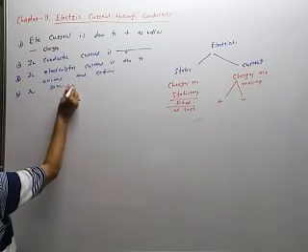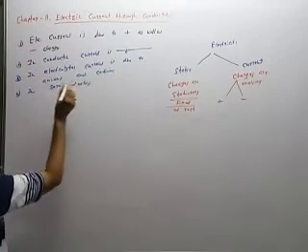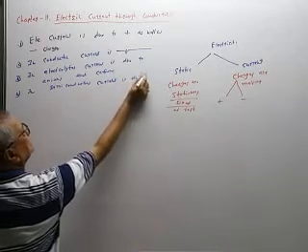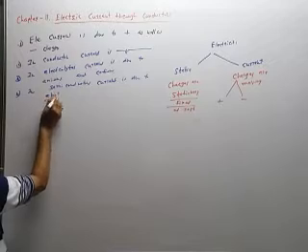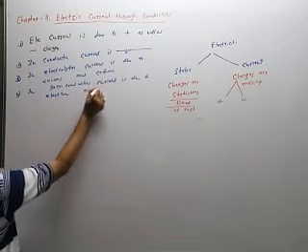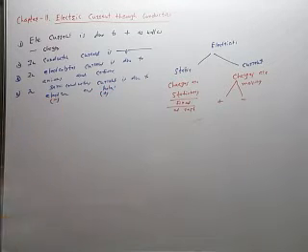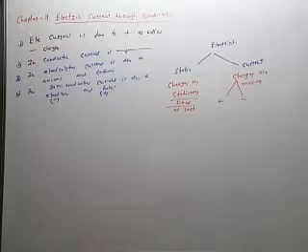In case of a semiconductor, the current is due to electrons and holes. Holes are supposed to have positive charge and electrons have negative charge. So this is the same common point. Whether the material is a conductor, case number 1, or electrolytes, case number 2, or semiconductor, case number 3, the current is due to positively as well as negatively charged particles.